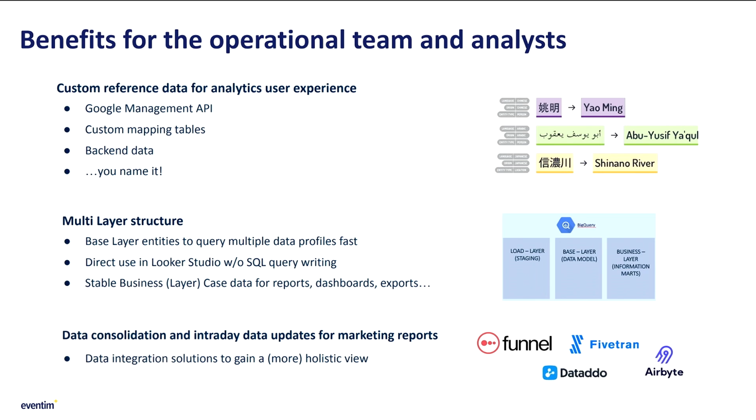Data consolidation, of course, intradays. You can use tools we evaluated a couple of years ago. I don't know if they are still a valid solution, but we use Funnel, which we are happy with right now. So you can also do intraday updates if you like. If the API supports this, you can also do intraday updates for Facebook, Google, YouTube, whatever data is necessary for the marketer. You can do it more frequently than the GA data is there. So if you need more information, like a click rate for optimization in a more holistic view, you can just do it with these tools.